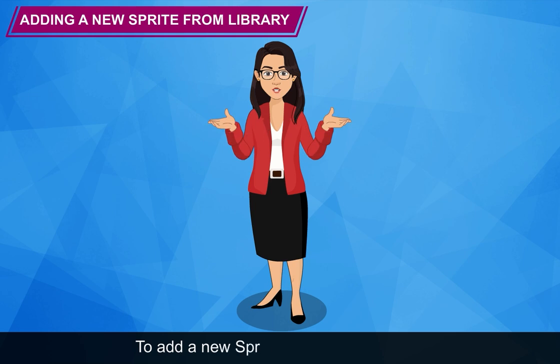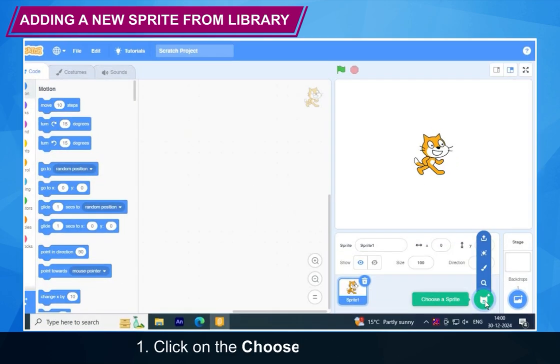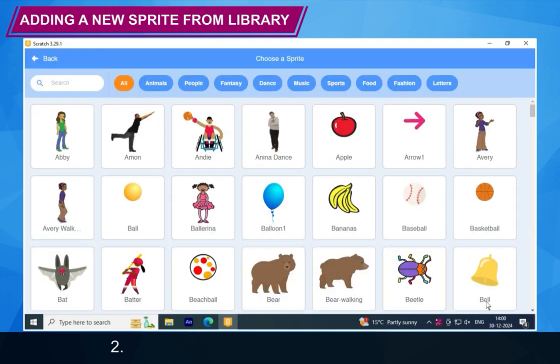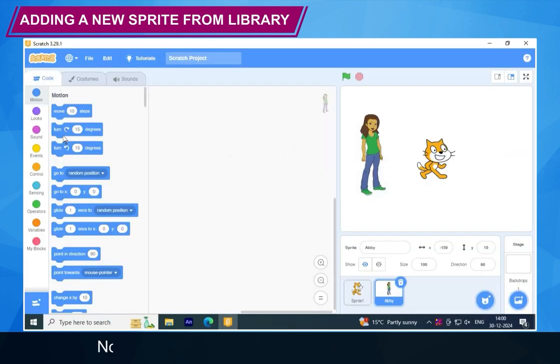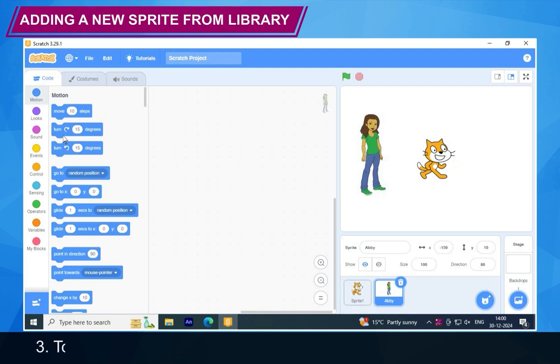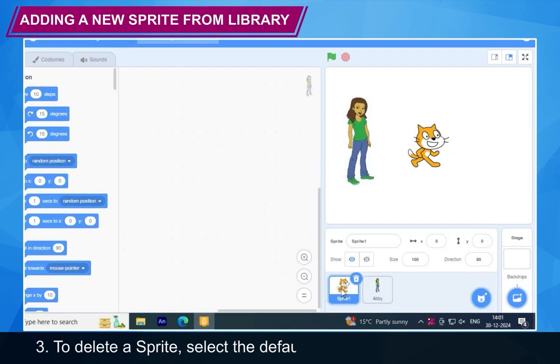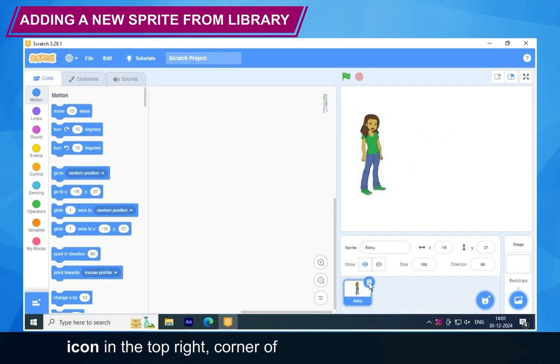To add a new sprite, follow these steps. Step 1. Click on the Choose a Sprite button. Step 2. Select any sprite. For example, select Abby. Now, delete the existing sprite cat or default sprite. To delete it, follow these steps. Step 3. To delete a sprite, select the default sprite and click on the delete icon in the top right corner of the sprite in the sprite pane.